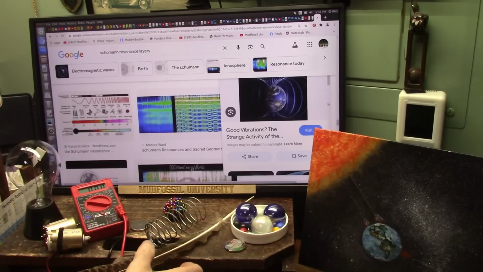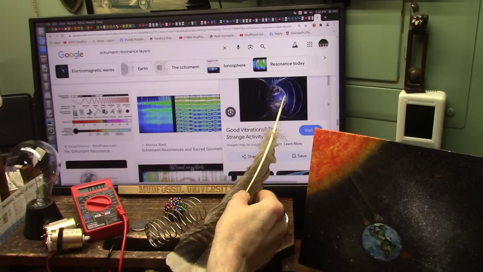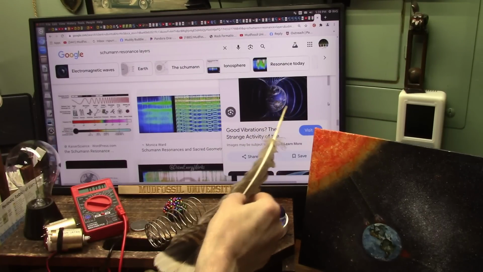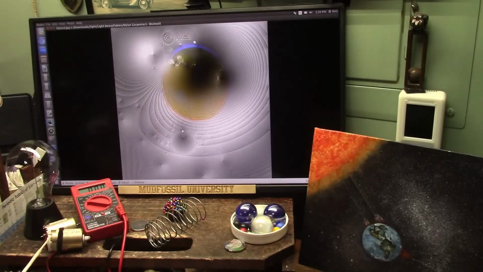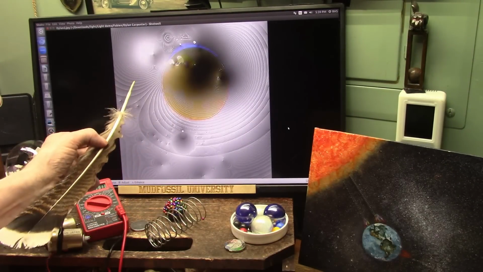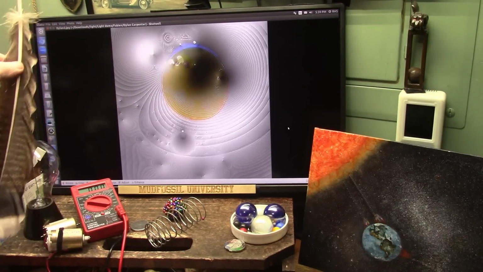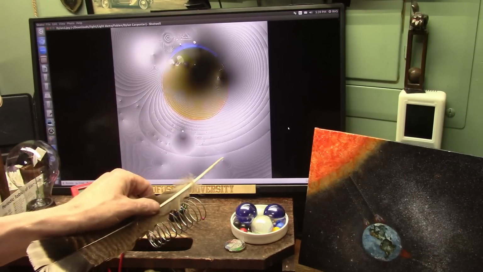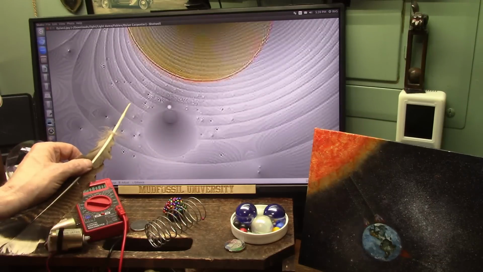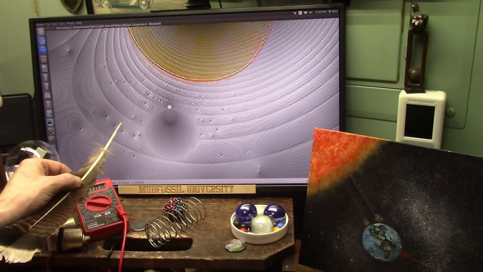All right, I don't want to make this too complicated. It freaks people out, but I'm going to try to explain these different fields that they're showing. And we found these fields just using a cell phone, with an app, and I didn't do this. I got this from somebody, and I don't think he wants to be involved, but these are the fields that are in space, and these are the kind of things that are out there. I don't know what the hell's going on with all these little dots, but something's going on with them.